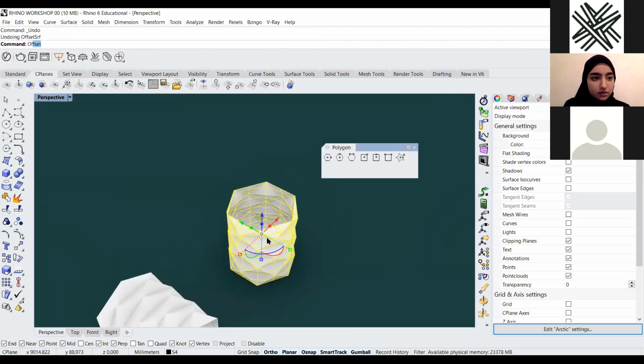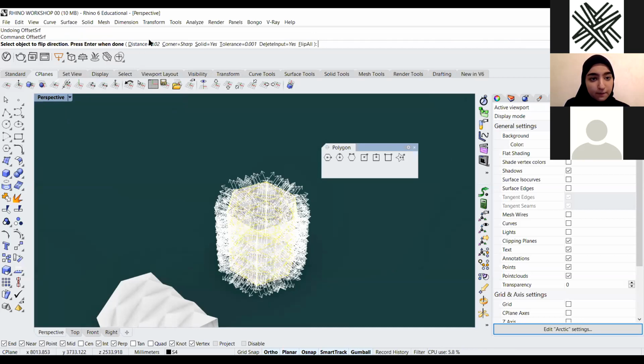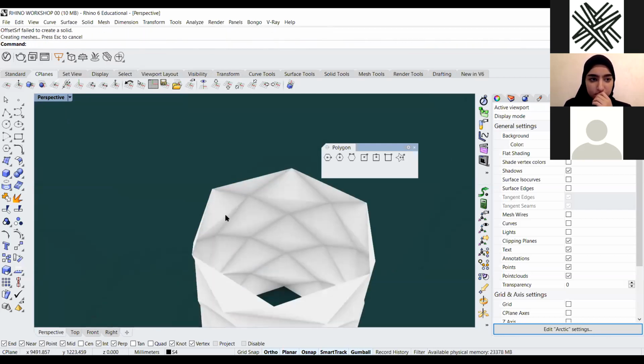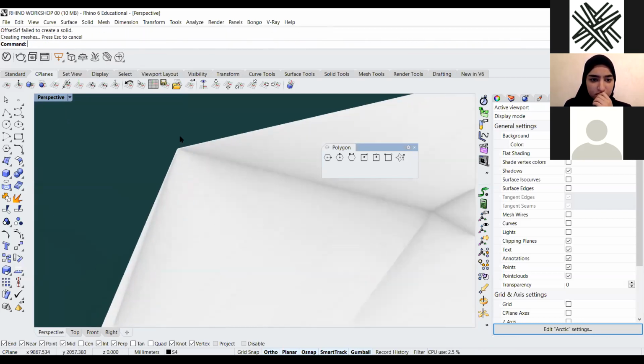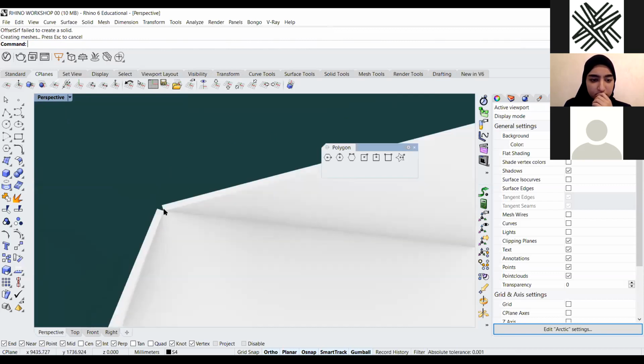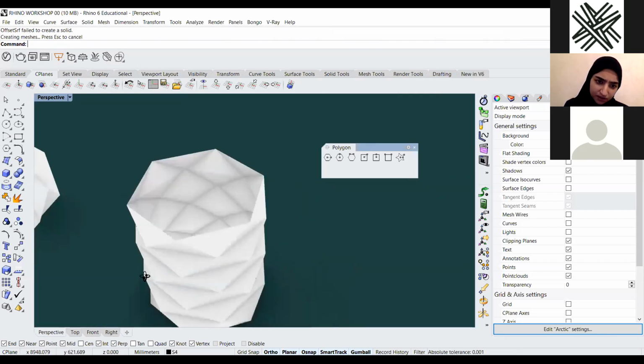So offset surf, 4.5. Yeah, this is it giving it a thickness,